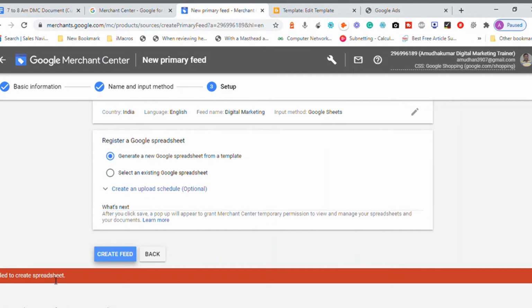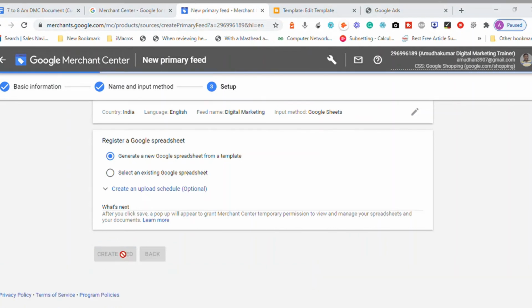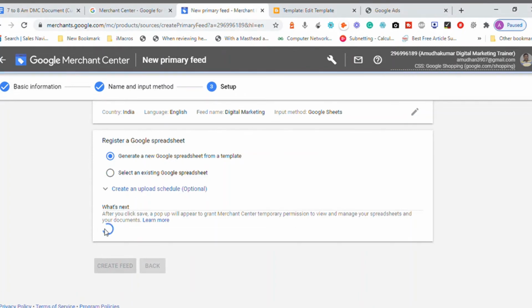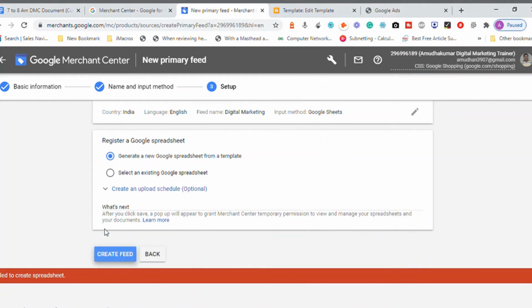Okay, so there is a failure notification. Most probably it is unable to verify my account. If there are no issues, it will automatically go ahead and verify your account. That's what happens. I have an account which is already linked to Google Merchant Center. That might be the reason, because the email ID which I'm using here is amazon3907@gmail.com, but the account which I tried to link is santanakumar3907@gmail.com. So that might be an issue.